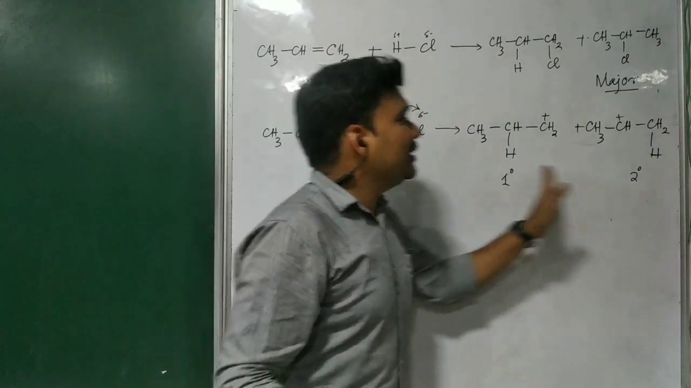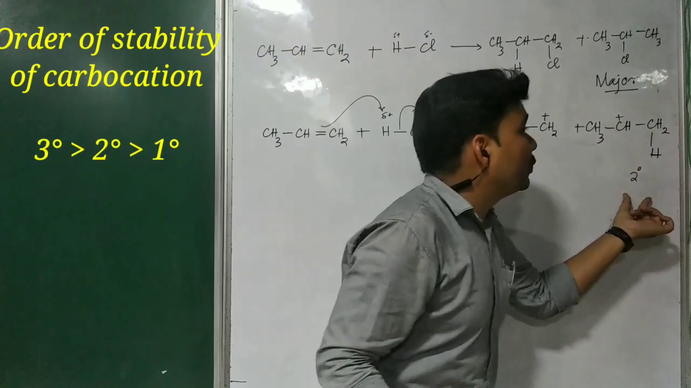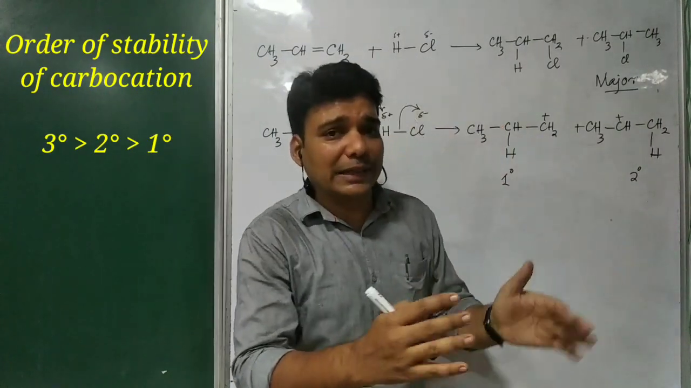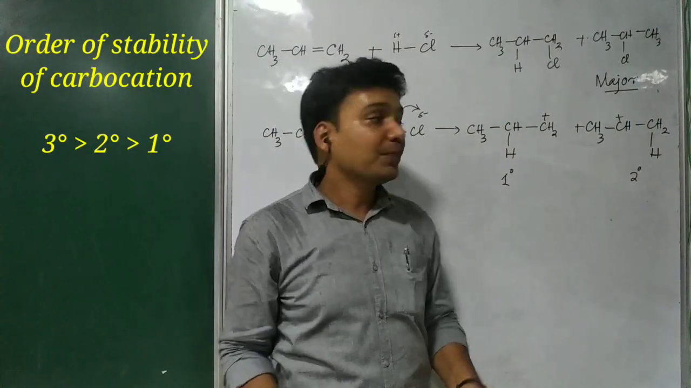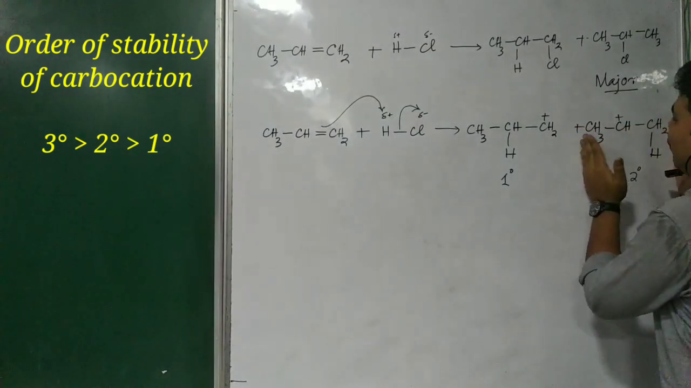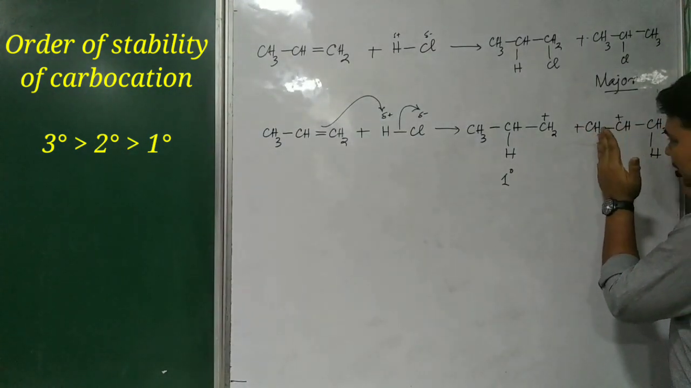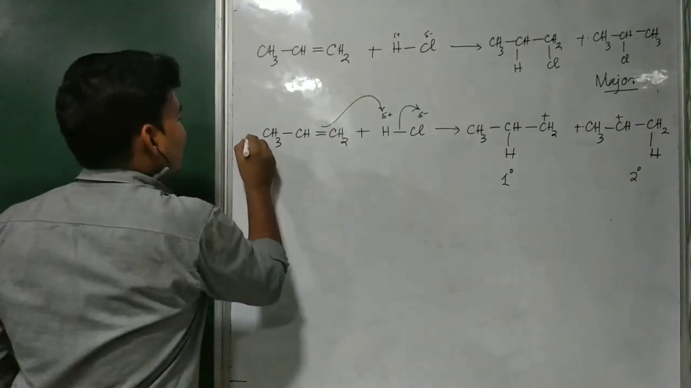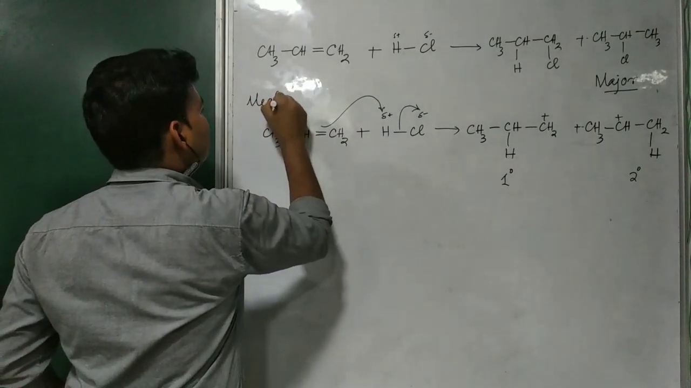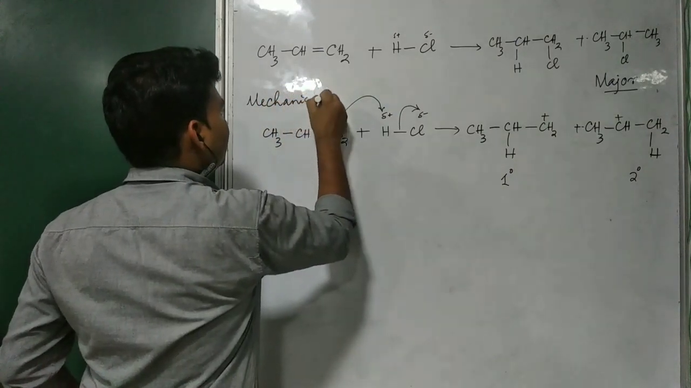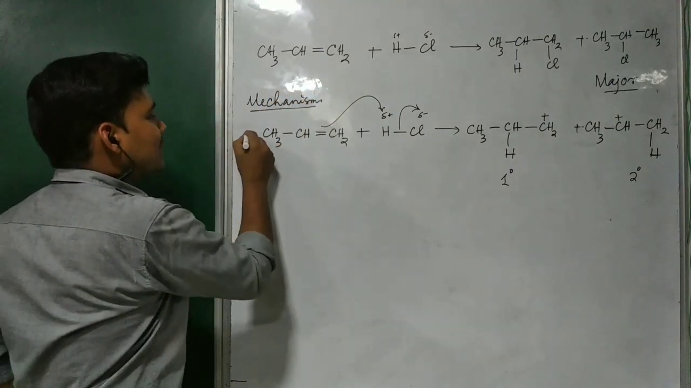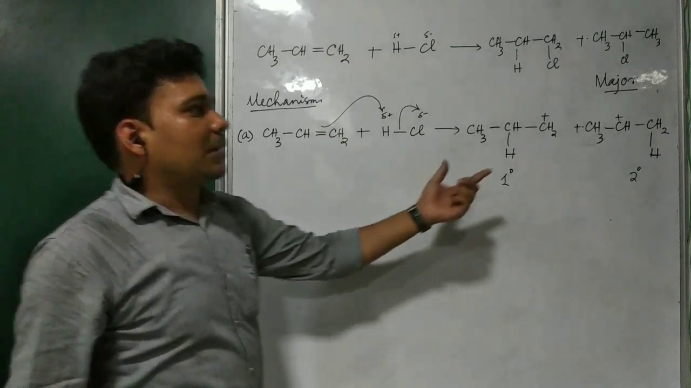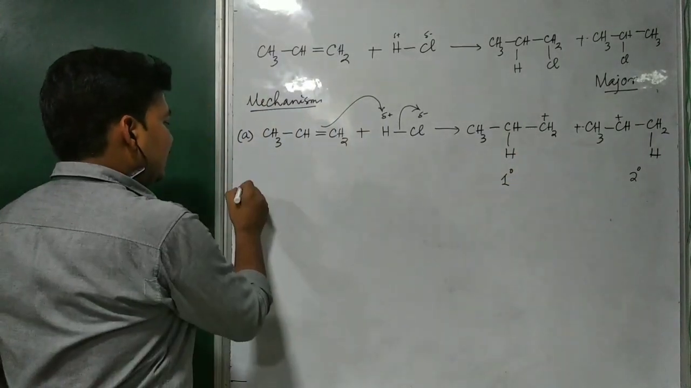So out of these two carbocation species, the secondary carbocation is more stable as compared to primary. That's why this will be formed easily, or major. So in major amount you will get this carbocation species. Okay, this is your first step. I'm talking about the mechanism of the above reaction. In the first step, formation of carbocation occurs, and in the next step,